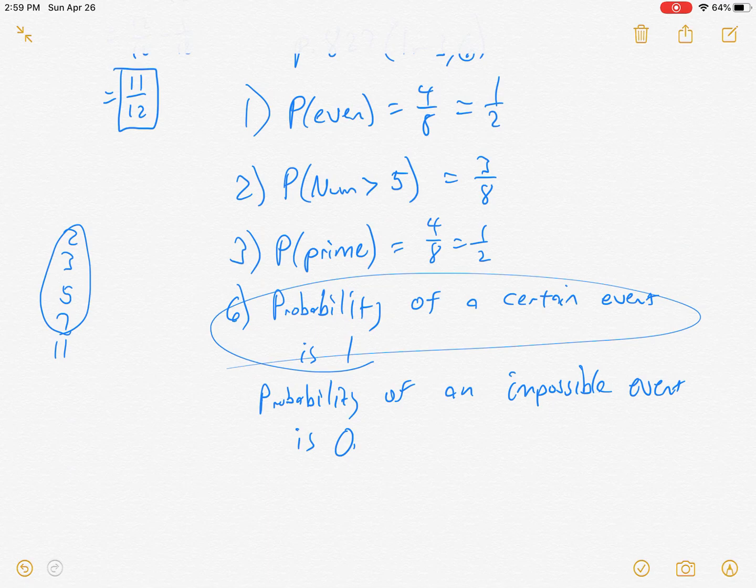And the probability of an impossible event is what? It's 0. So they were wanting that the probability of a certain event is 1. Well, that is 13.1. That is the longest section. 13.2 and 3 are very